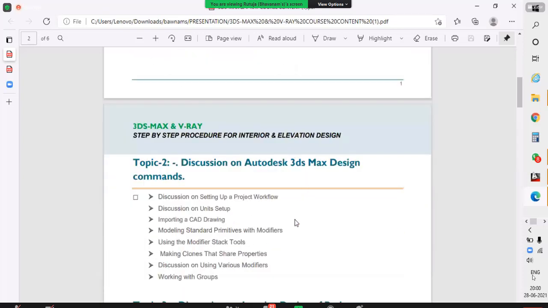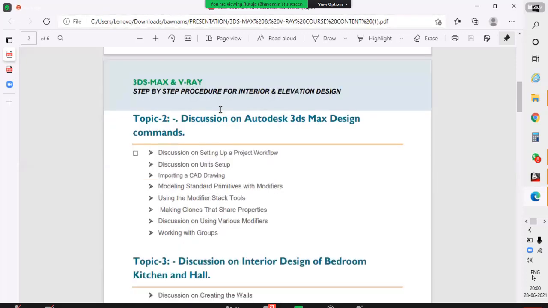So in our classes we will teach you at the level of training where you get pro in your 3ds Max. After the 3ds Max 30 days classes you should be pro in your 3ds Max. Okay, so discussion about your 3ds Max design components. Sir gave you this flyer, everyone, but now please pay attention here.